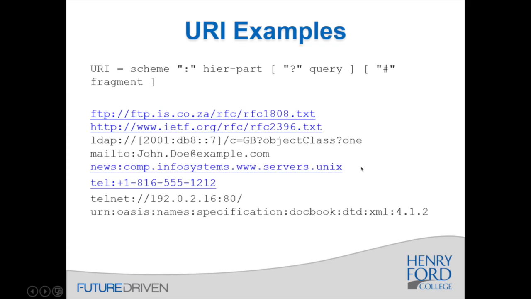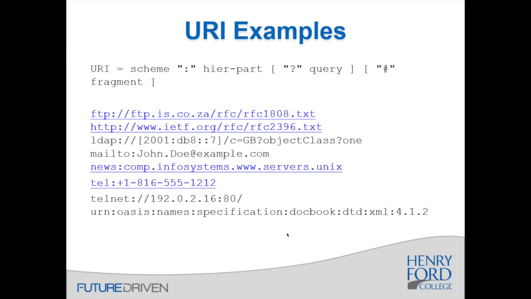Going on down, we have a news reference, and it references a newsgroup. That would be a Usenet link. Telephone numbers, this is a way that we can embed telephone numbers in links or refer to telephone numbers. Telnet, this Telnet client is going to a host of 192.0.2.16, and then I know from the way that Telnet references are built that :80, it's actually going to probably connect to a web server. So someone would use this if they were using Telnet to try and diagnose what's going on with a web server connection. And finally, this other universal resource name of some sort looks like this is part of the DocBook